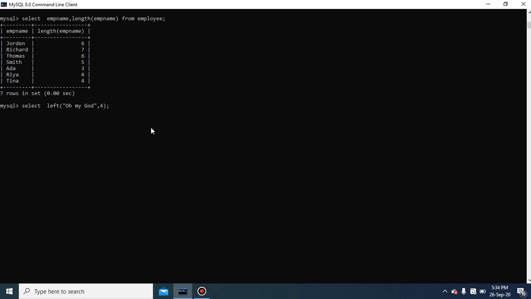Let us see what output we get from the left side. The output is "oh m". Why? Because o is the first, h is the second, space is the third, and m is the fourth. So a total of 4 characters are extracted from the left of the main string. The left function returns the number of characters you specify from the left side.